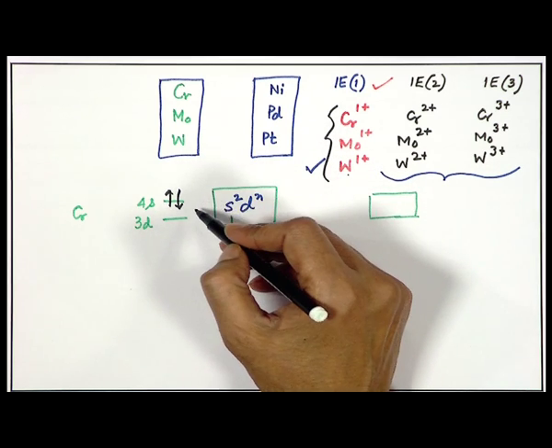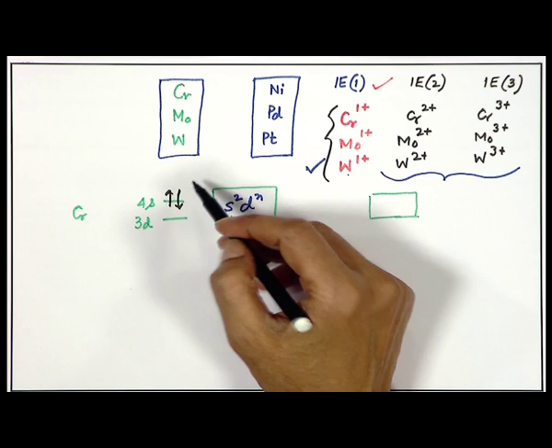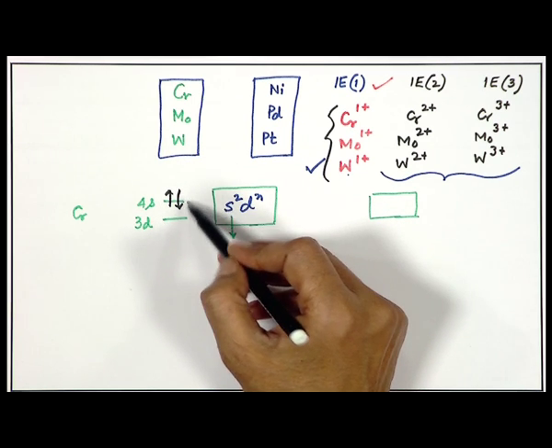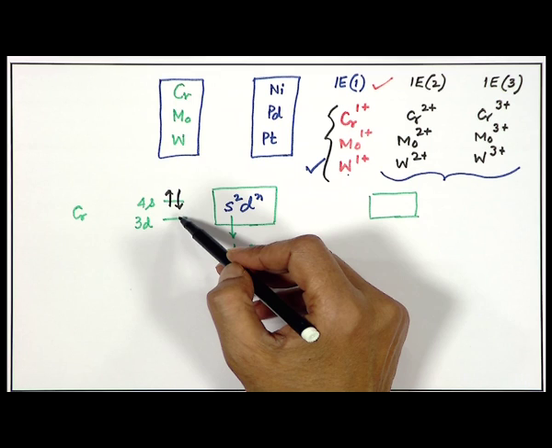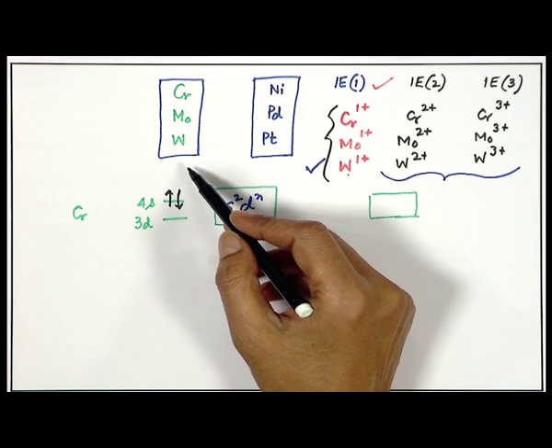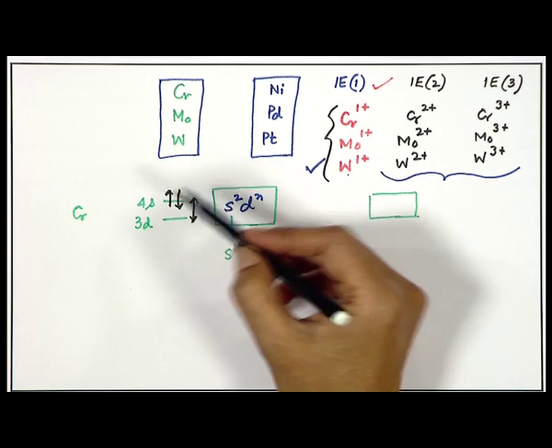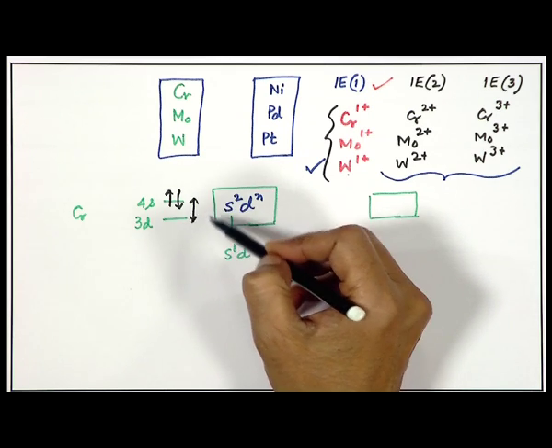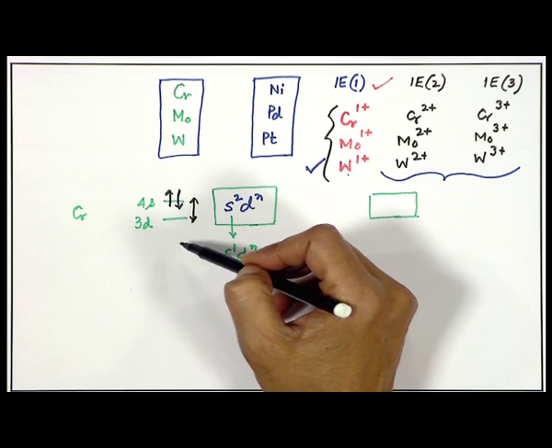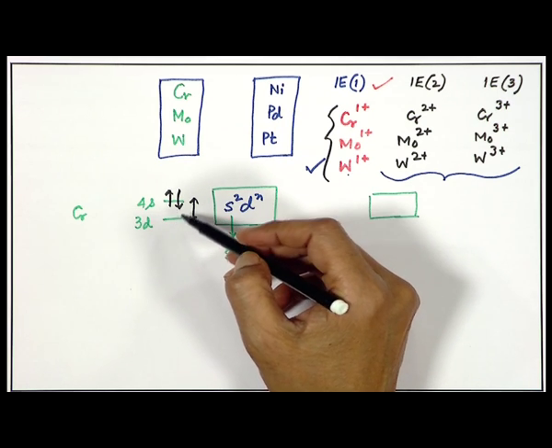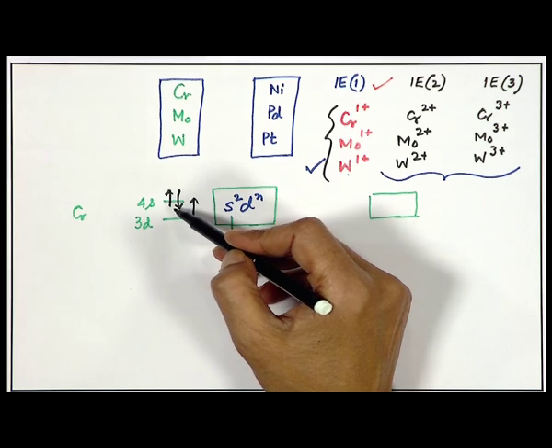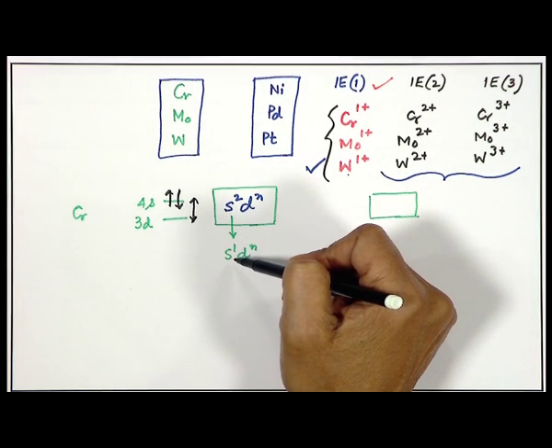We knock it out, and initially in the ground state we have some energy gap between these two levels, but after removal, this energy gap may not be the same. There is some change in the relative energy levels of the 3d and 4s levels, and that is why, when we move this electron from the s level to s1,